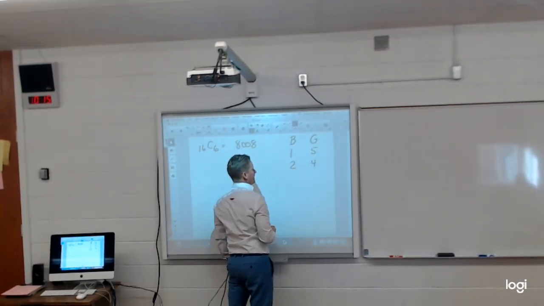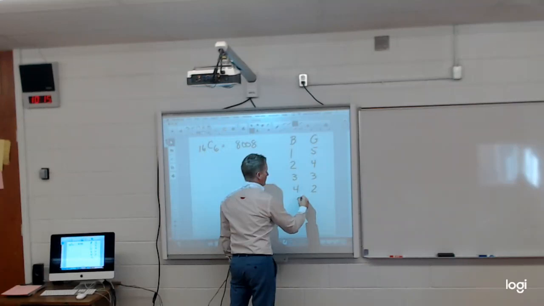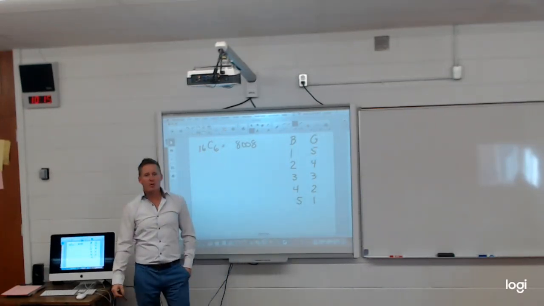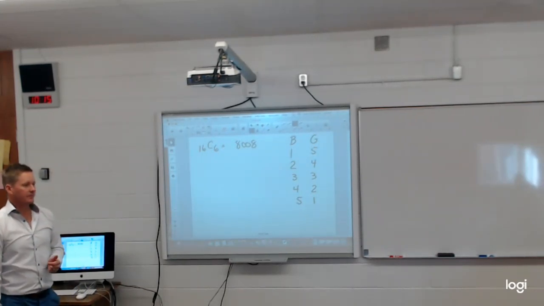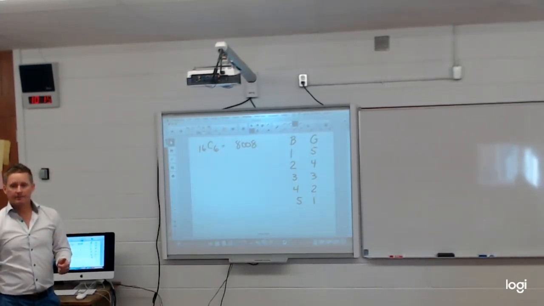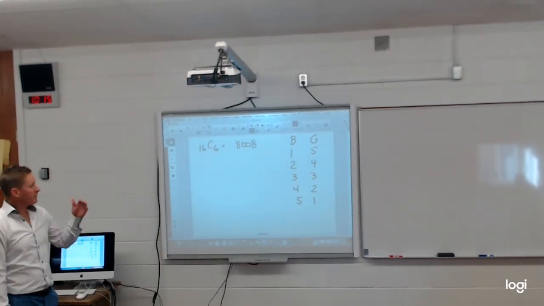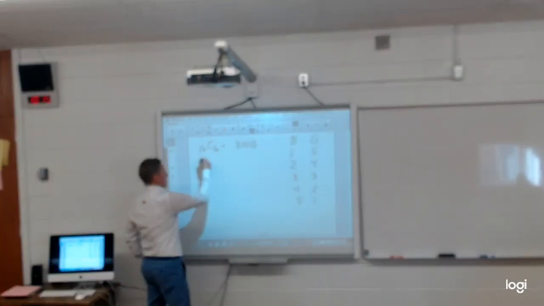2, 4, right? 3, 3, 4, 2, 5, 1. That's how many ways I can select 6 kids for this party game. So if I were to do this the long way, I'm going to show you an easier way to do this. If I was to do this the long way, I would end up with, okay,